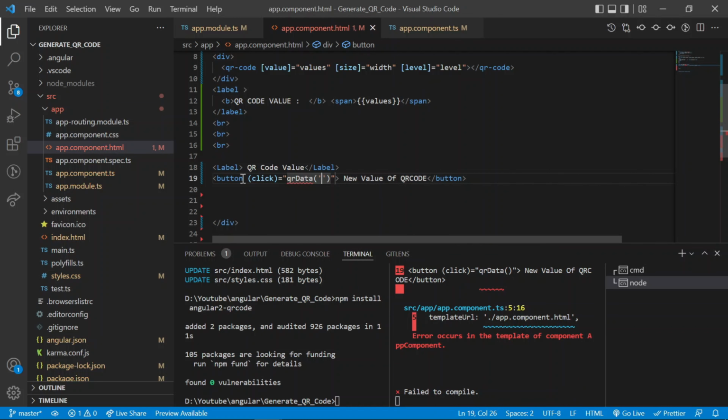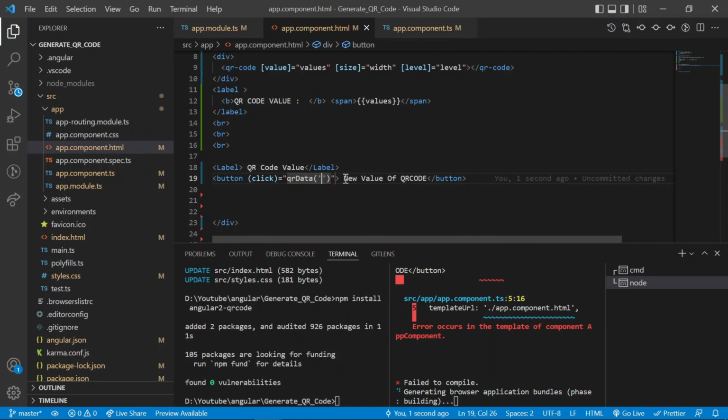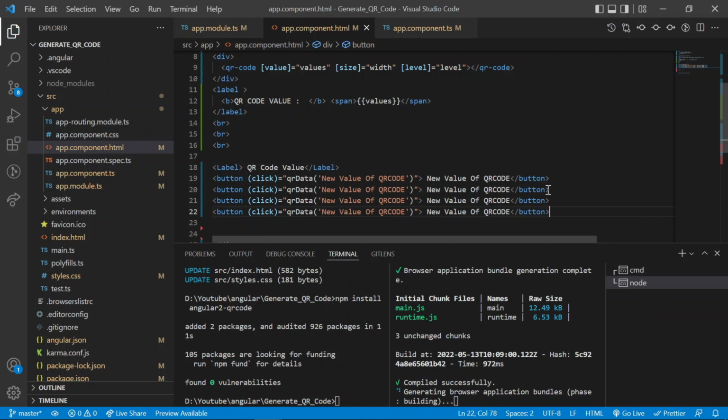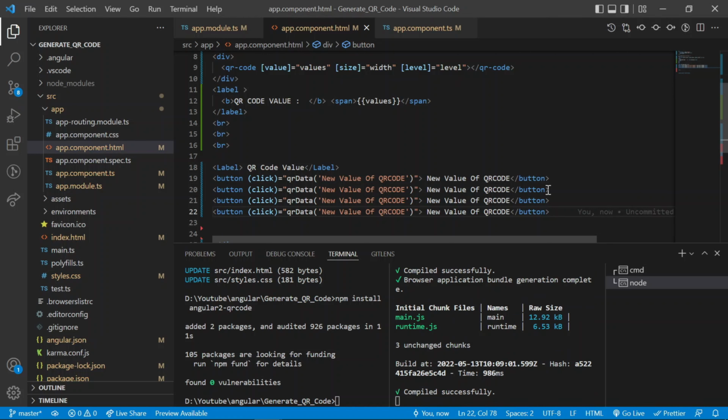and the method takes some string value. So the value is new value of QR code. I copy that button and change the string name.